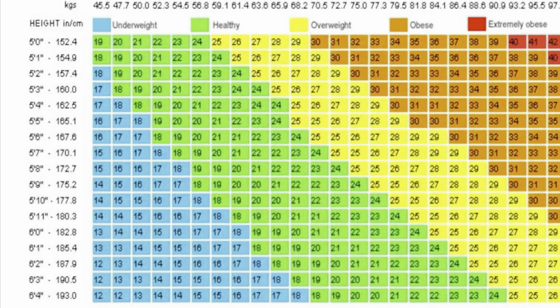So lastly, maintaining weight is an important factor as well. As you can see here, this is a BMI chart. You can see there's underweight, healthy weight, overweight, obese, and extreme obesity. Now the CDC recommends maintaining a healthy weight. Why? Mainly because anything underweight or overweight has more factors related to illness or proneness to disease if you're not in that healthy range. So the main area we're concerned with is the healthy weight. You want to maintain that healthy area.